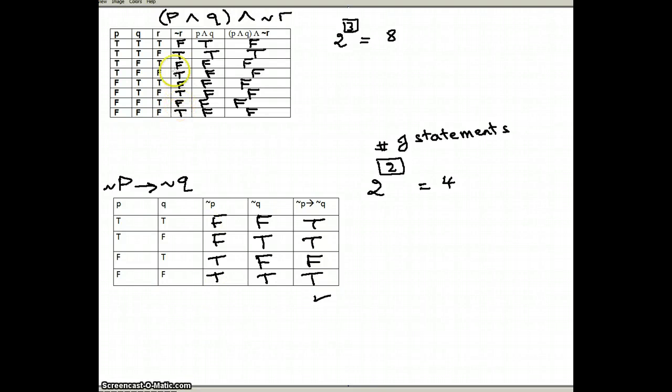Okay, let's go over the truth table of the compound statement P and Q and not R. Since we are working with three statements in this case, P, Q, and R, we need to find out how many rows we're going to have in the truth table. The formula is 2 to the power of the number of statements. In this case, the number of statements is 3, so 2 to the power 3 is 8, and we're supposed